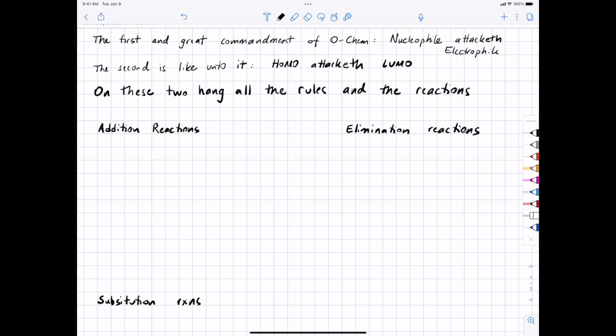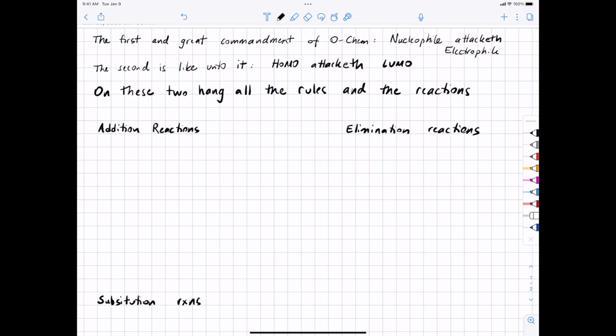Okay, so we're finishing our introductory section and moving on to Chapter 2. We've done the last part of Chapter 2 sort of already, as we've talked about HOMO and LUMO and nucleophiles and electrophiles. As I've said, nucleophiles are molecules that have a high energy pair of electrons that is ready to be lowered in energy by interacting with some other empty orbital. An electrophile is a molecule that has a low energy empty orbital that is ready and available to accept electrons